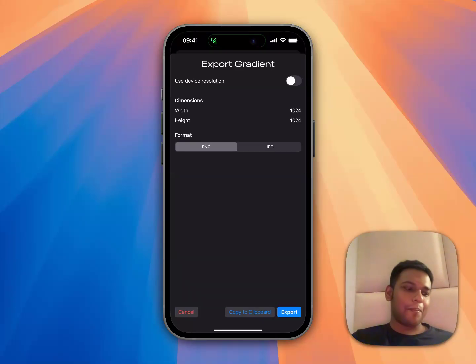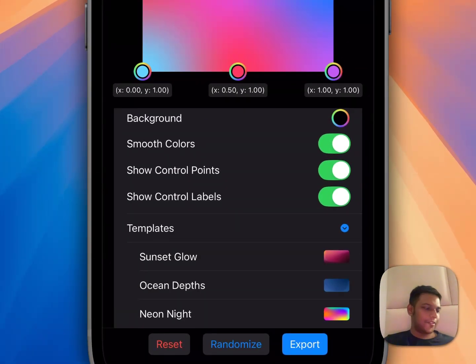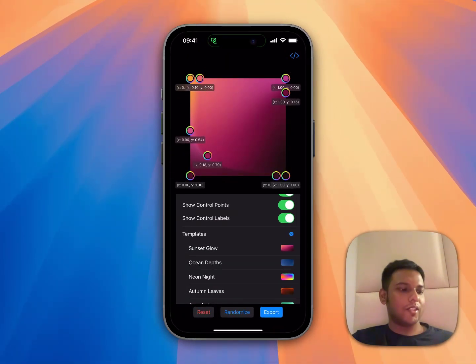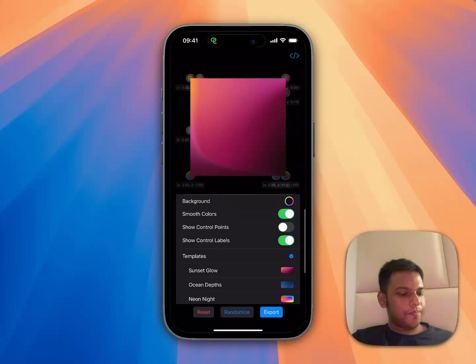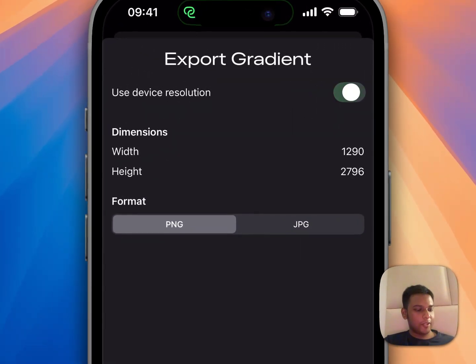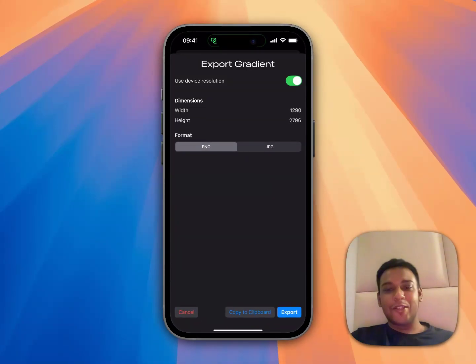When I was using this app myself, I saw that maybe I would need to have my beautiful gradients. For example, I added this new template feature last week, and I have this sunset glow gradient that I really love, and I would want to have this as my wallpaper. So I would go export, toggle this use device resolution option so that it can directly take the resolution of my iPhone, and then I can export it, and then from the photos set it as a wallpaper,